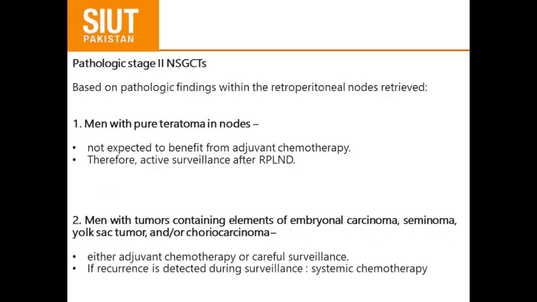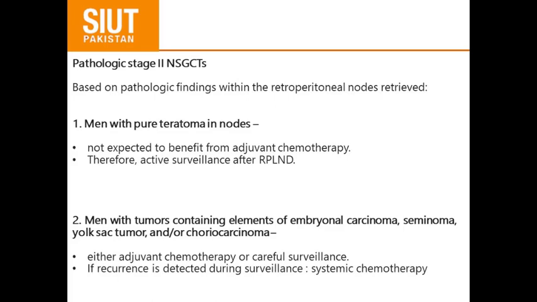So pathological stage 2 non-seminomatous germ cell tumor treatment is now based on the pathological findings within the retroperitoneal nodes retrieved. If pure teratoma is seen in the retroperitoneal nodes, again we do not see any benefit from adjuvant chemotherapy, so we opt for active surveillance after RPLND. Men with tumors containing elements of embryonal carcinoma, seminoma, yolk sac tumor, or choriocarcinoma, either adjuvant chemotherapy or careful surveillance is advised. If there is recurrence following surveillance, then